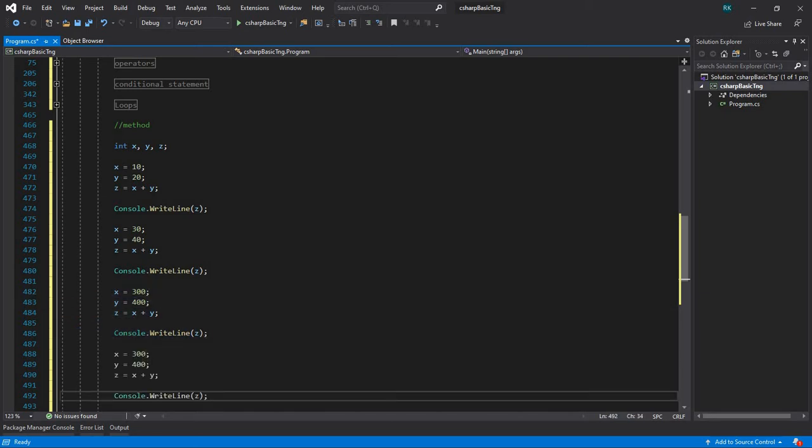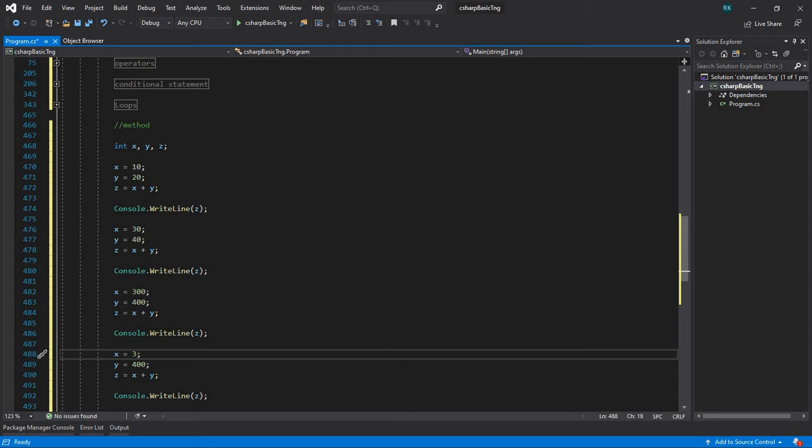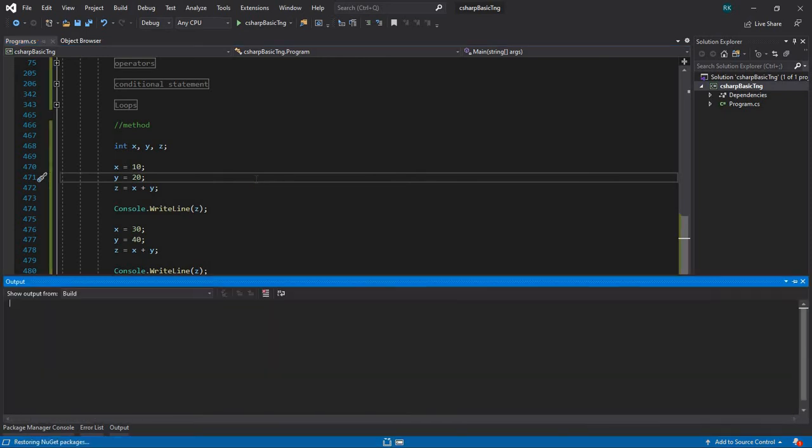So we have been asked to find the sum of two values and print them on the console. In four different scenarios I was given four different values of x and y, and this is a standard code to print them. Now when I save, build and run,